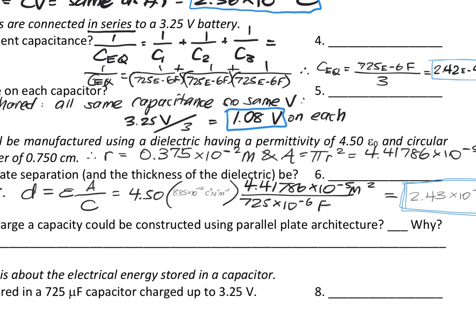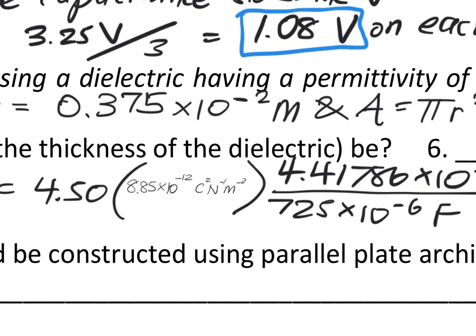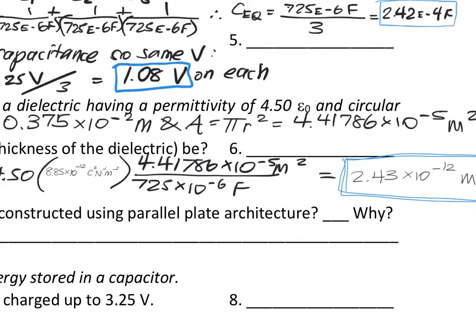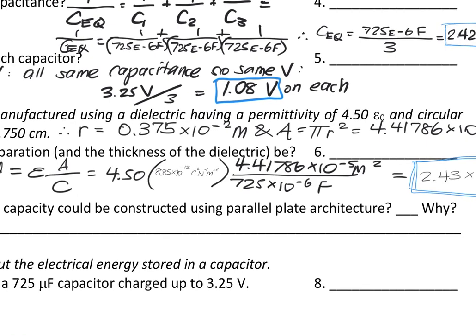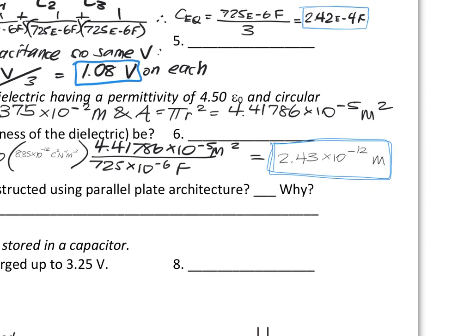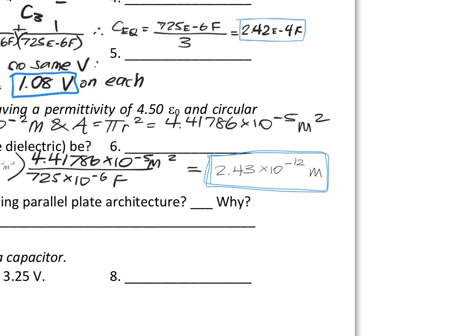Yeah, not emissivity, permittivity, whatever, you know what I'm talking about, the E naught number. It's in the constants. 8.85 times 10 to the negative 12 coulomb squared per Newton meter squared. And then I put in the area that we calculated and the capacitance in farads. And when you work those numbers out, you get 2.43 times 10 to the negative 12 meters as a separation